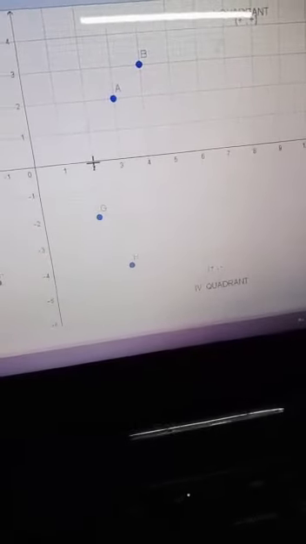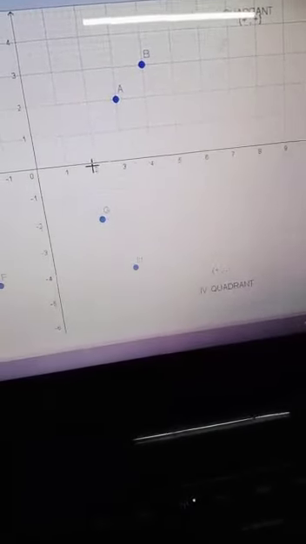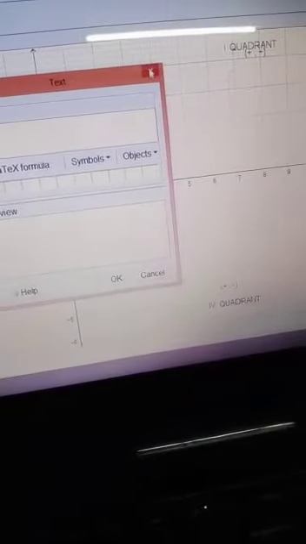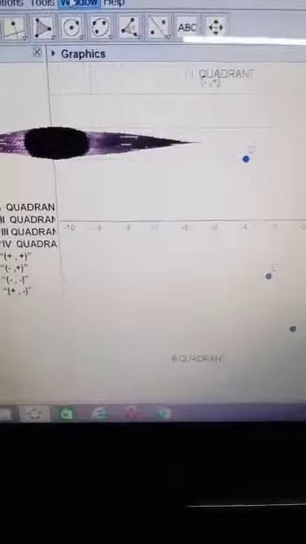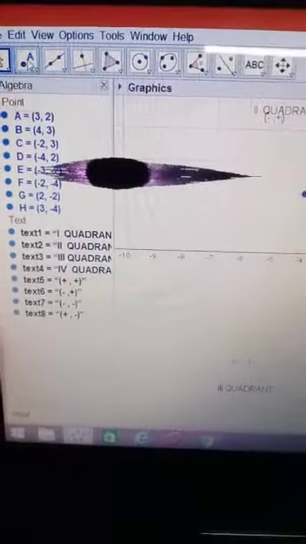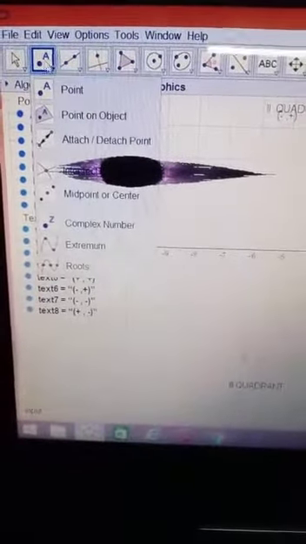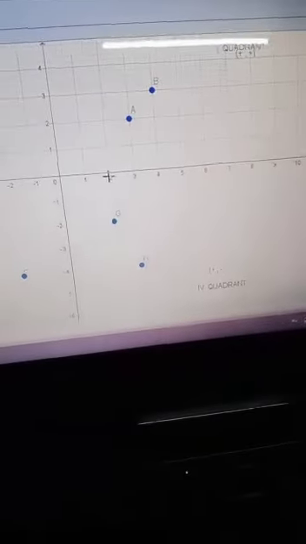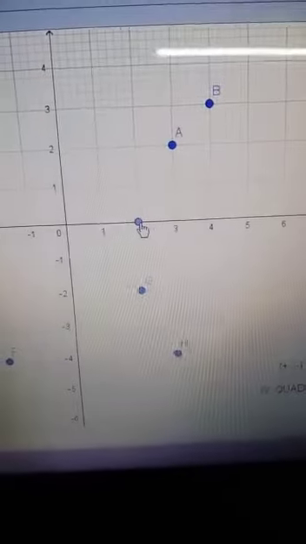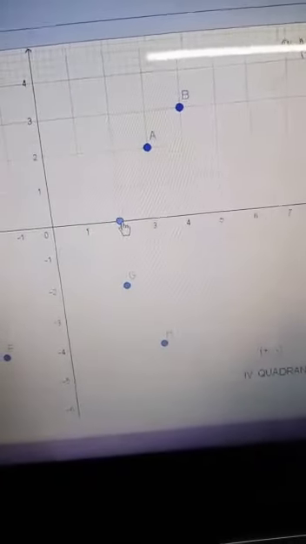Suppose I am clicking 2 points on this x-axis. Suppose I am taking 1 point here. Here I have clicked on 1 point. See, first of all, I have to select this point. Got it? Now I am clicking on 1 point on the x-axis. Suppose I am clicking here. So this is the point I have selected. This point is I. I hope you will be able to see this.